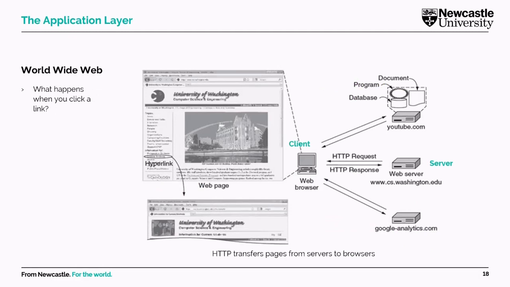Right, so let's look at the anatomy of a HTTP request, or how you go from the intention to view a web page to actually viewing it, what happens behind the scenes to make that possible. So we have your web browser, that's called the client, and the web browser talks to a web server, and it makes a HTTP request saying, I want the contents of www.cs.washington.edu, and the web server can respond with OK. These are the